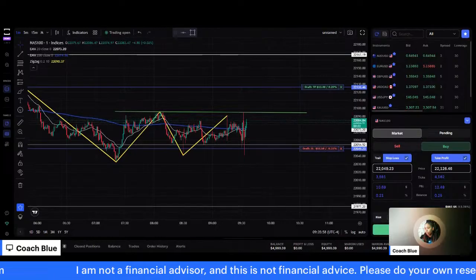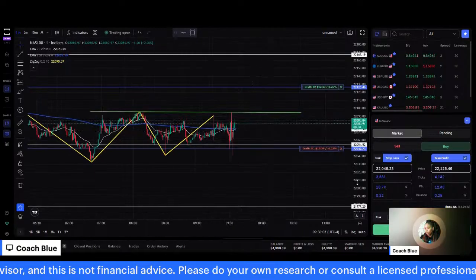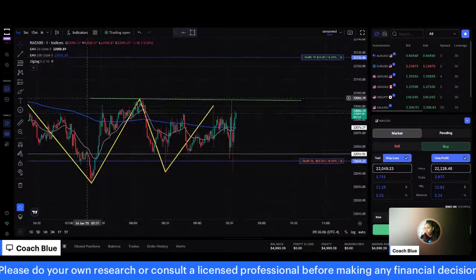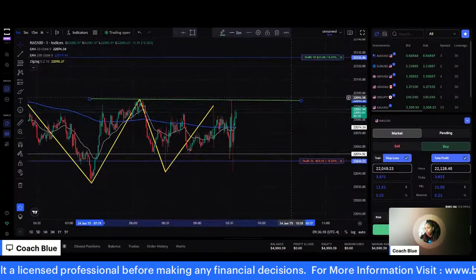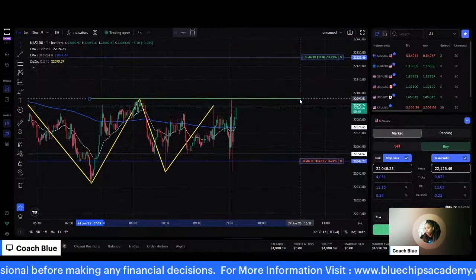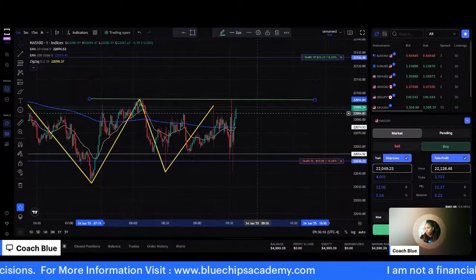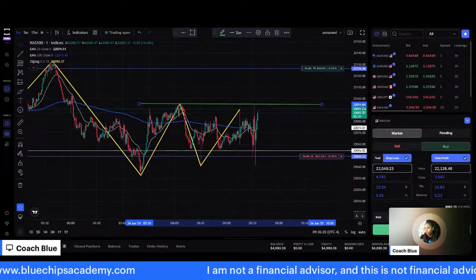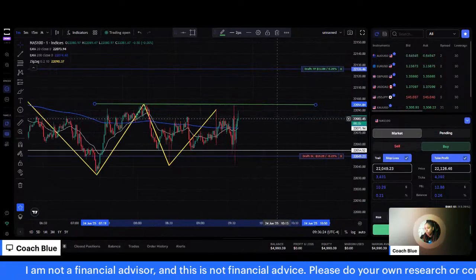Patience is another part of trading, guys, that you have to really hone in. I know sometimes it can be anxious, especially when those candles are moving really fast. You get anxious a little bit, but it's okay. Look for your pattern. Look for your setup. Let it come to you. Don't force anything. That's essential. If you can control your emotions and how you look at the market, that eliminates half of your struggle right there.